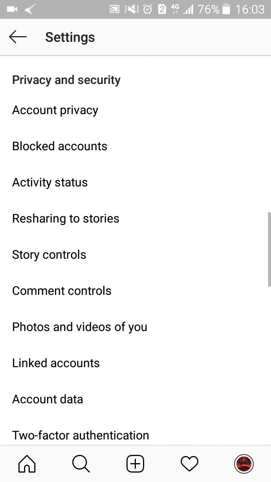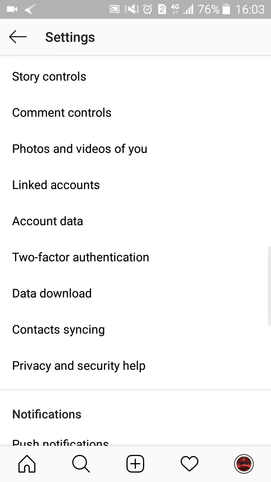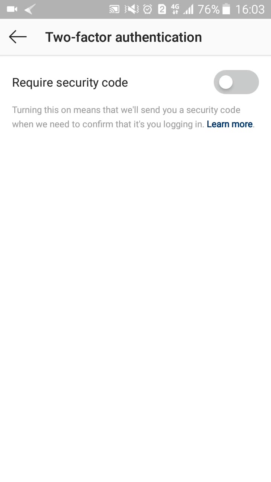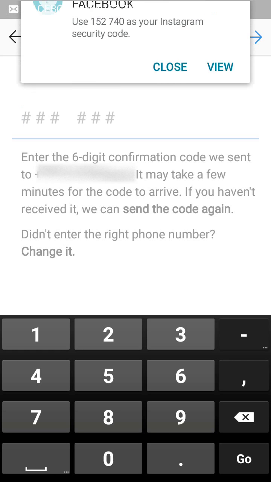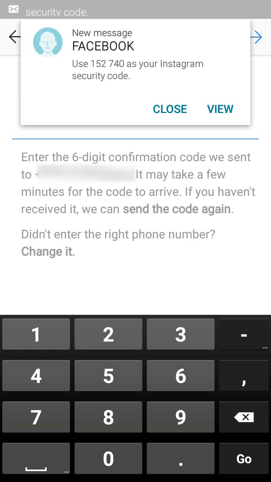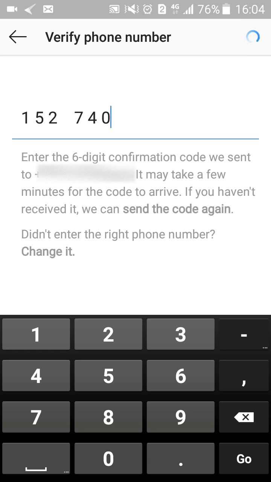And the next thing you can do is just go into your settings menu again, and then go to this two-factor authentication. So toggle it on and click on turn on, and then enter the 6 confirmation code. So I've got the confirmation code. I'm gonna type that in over here, and then click here,